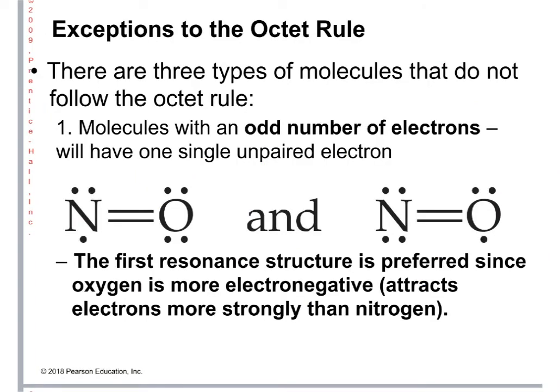Alrighty. So I mentioned that there are elements that can expand their octet, hold more than 8 valence electrons. There are 3 general types of exceptions to the octet rule. One of them is you might end up with an odd number of total electrons. And we're used to pairing all the electrons up. But especially when nitrogen's involved, you often end up with an odd number, depending on how many nitrogens are in